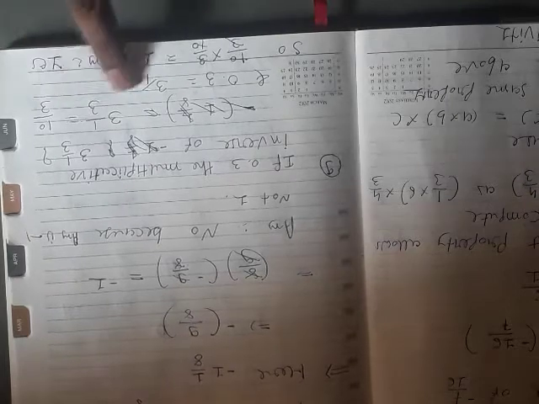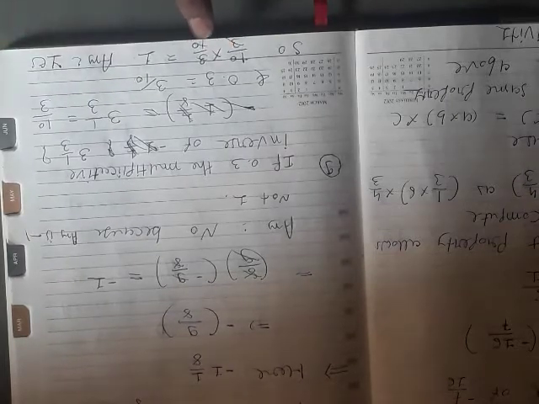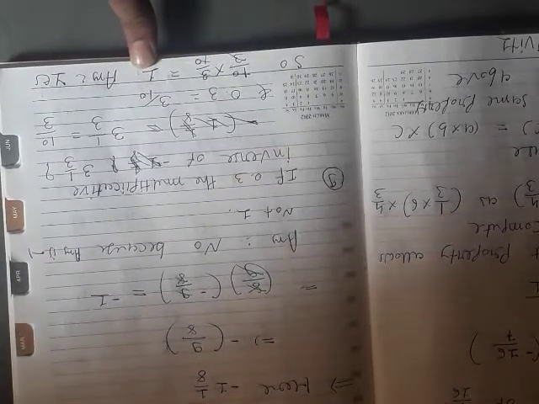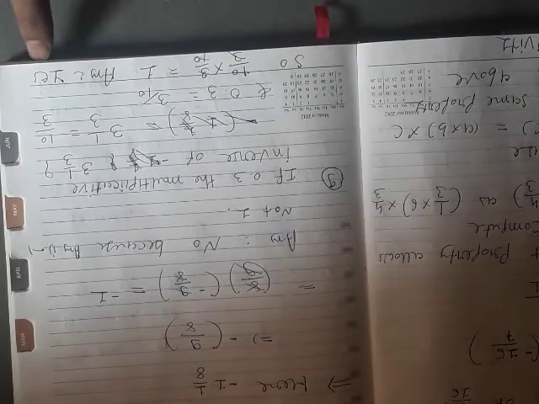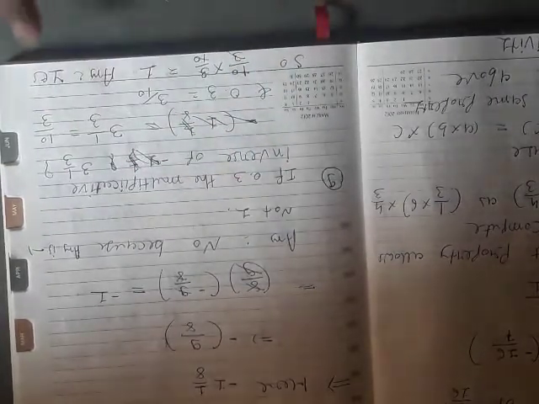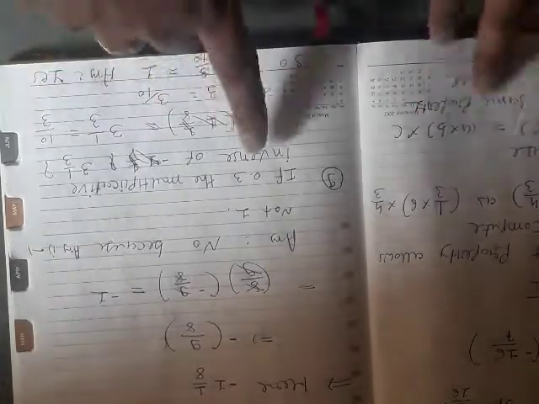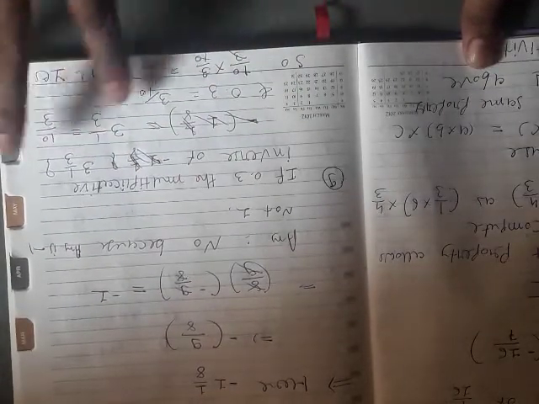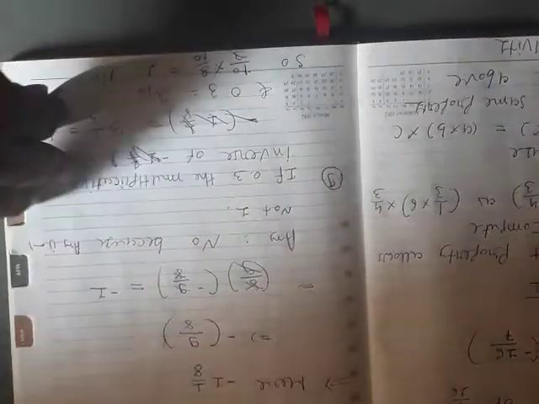If we multiply them together, 10 by 3 into 3 by 10, the 3s cut, the 10s cut. Here we get the answer 1. That is why we can say the answer is yes, these two are multiplicative inverses of each other. So we can say 0.3 is the multiplicative inverse of 3 complete 1 by 3. I hope you students can understand. It's quite easy to understand.